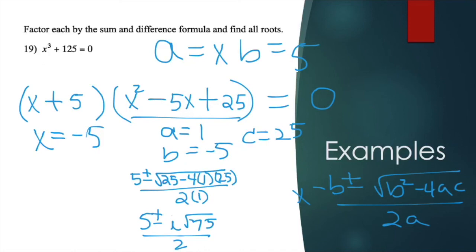Because isn't 75 25 times 3? Yes. Okay, so 25 breaks into 5 and 5. So I'll have 5 and 5 and 3. So I'll bring out the 5 and leave the 3 in, right? So plus or minus 5i. So I'll have 5 plus or minus 5i